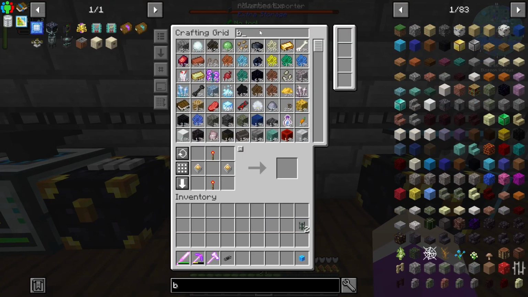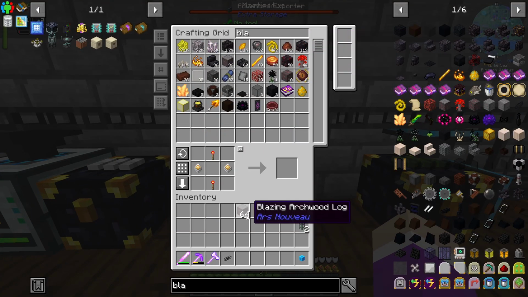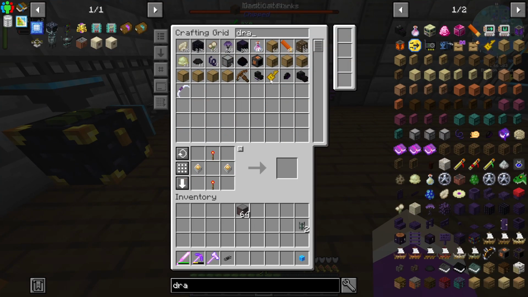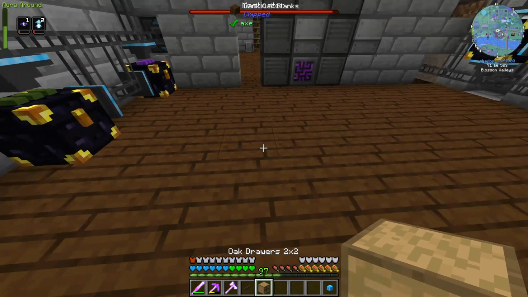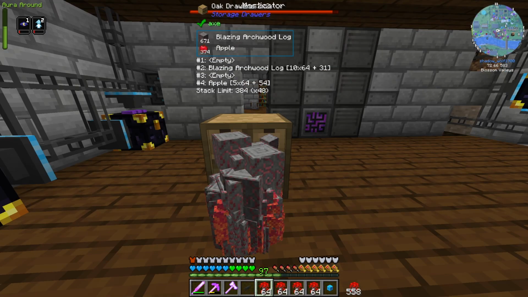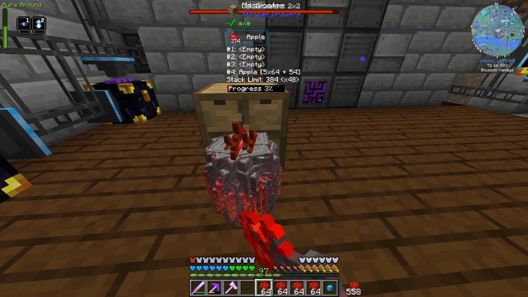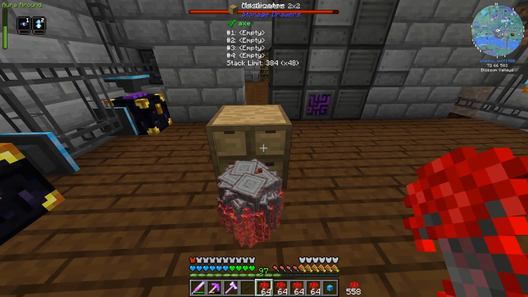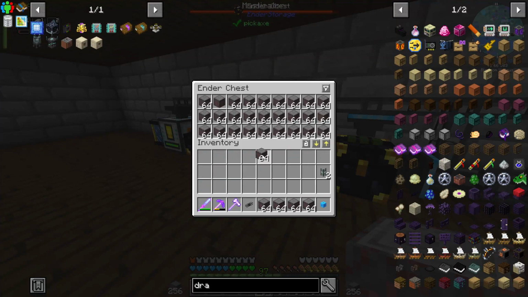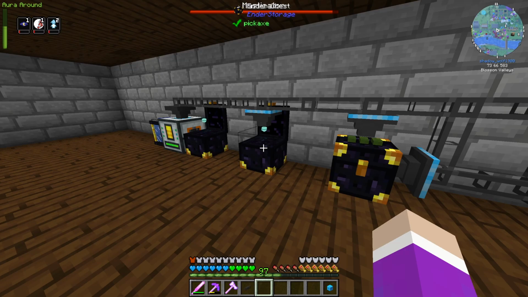And then if we get blazing archwood. Okay, so we put that in there. Do I still have that drawer on me? I think it's this one. Yes. So we just empty this out. I don't know how fast the volcanic one is going to consume all of this, but if it consumes it relatively quickly, we might have to come up with a different solution, but...